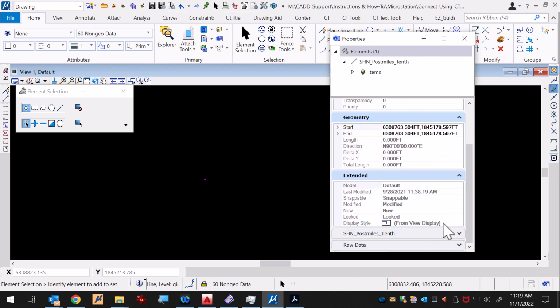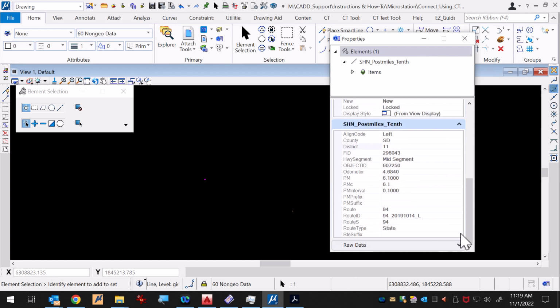For most people, this is going to be closed. I've already opened it several times today, so that's why it was open. But normally this is closed like this. You'll see SHN underbar Postmiles underbar 10th. You want to expand this. You can expand that group by just hitting that little arrow on the corner. And you're going to see that you get a lot more